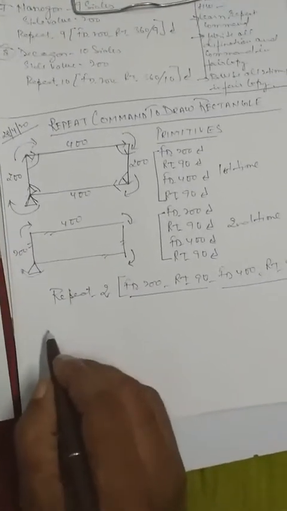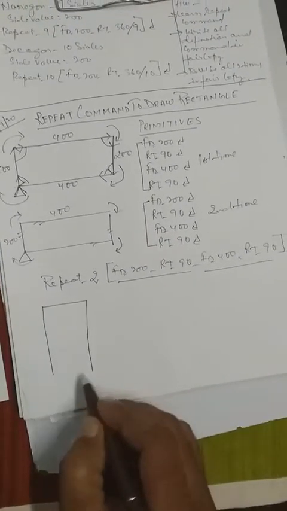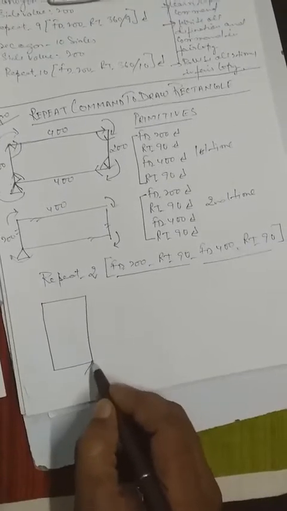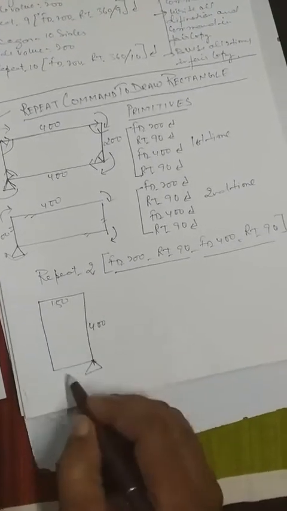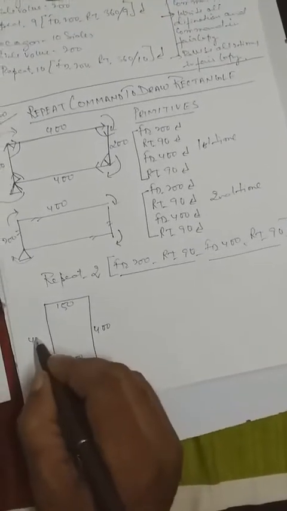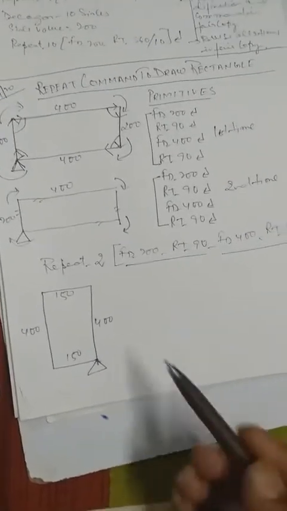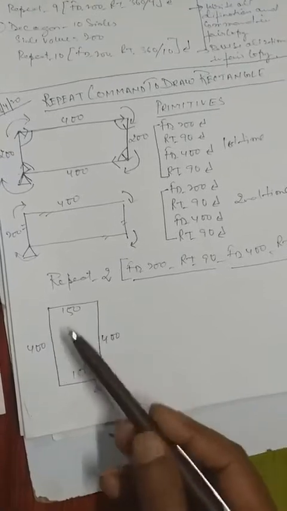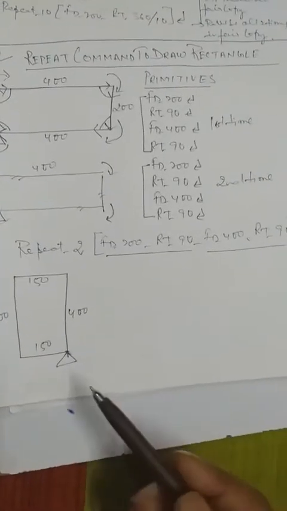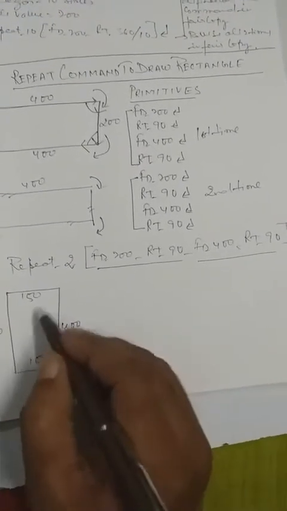Once again, another example I would like to give you. This is 400 150. This is another figure. So you can see, my dear children, 400 150 and again 400 150. Two lines, 2 times we will repeat in rectangle. In rectangle, 2 sides will be equal, the opposite sides. So here 4 sides are here. So repeat 4 we don't write. 2 sides, 2 times we will repeat.